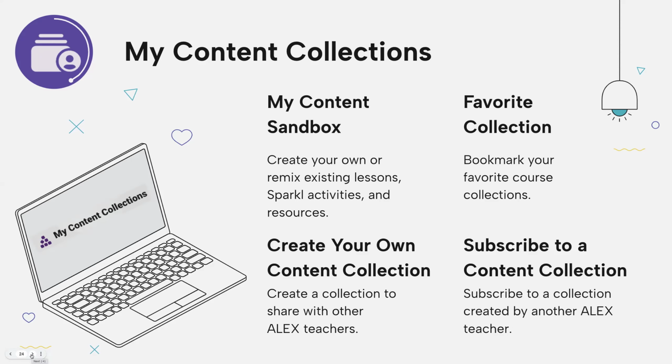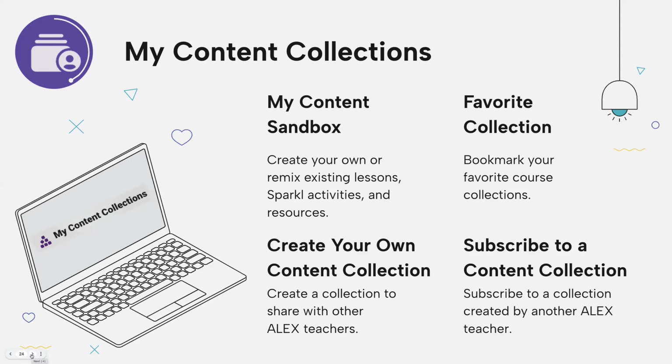Once you do that, you'll have the ability to share that collection with other educators. So you can share a link with them, or you can share a subscription code with them, and they'll be added to that folder. So they'll be able to see everything that you put in that collection, as well as if you give them rights to, they will also be able to add things to the collection as well. So you can collaborate in that way.